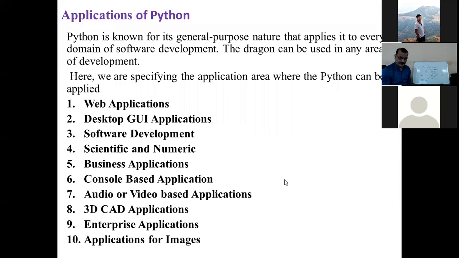But if you use Python for developing this software, it becomes very easy for you, because, as we discussed, the libraries in Python are robust. A large number of libraries are available, and you do not face any difficulty when you develop applications in Python.